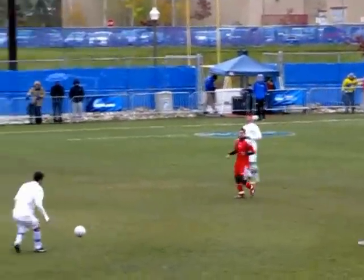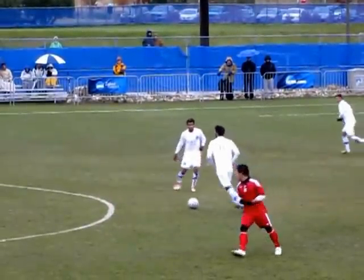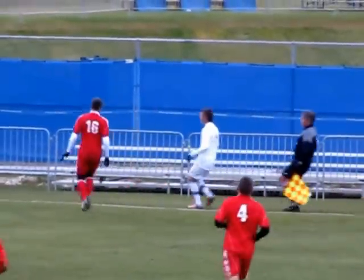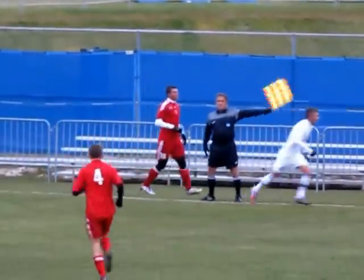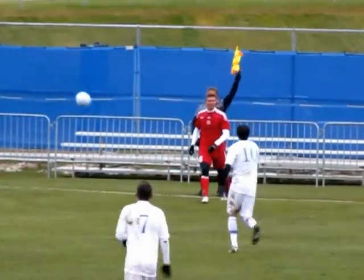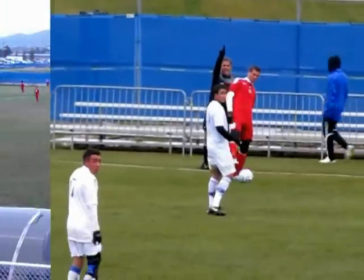And now the right fullback, Piperkoff, has the ball, and now with Capo, some nice juggling by him, and he sees Casey Dean take off, and there's a brilliant pass, but it's going to skip on that wet field. That was a beautiful 40-yard pass, Lauren. Yeah, that was a nice pass there to Casey Dean, and Casey Dean just wasn't able to